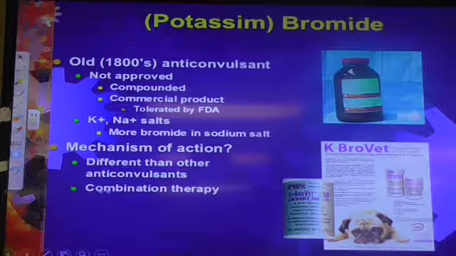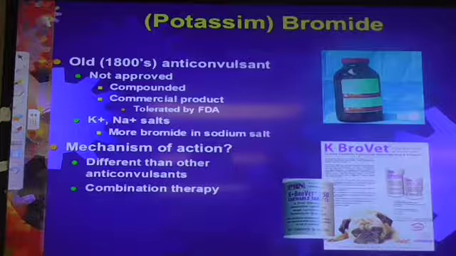So because its mechanism of action seems to be complementary to other anticonvulsants, we tend to use it in combination with other anticonvulsants. And so it's a good drug to add on. And that's how we started using this